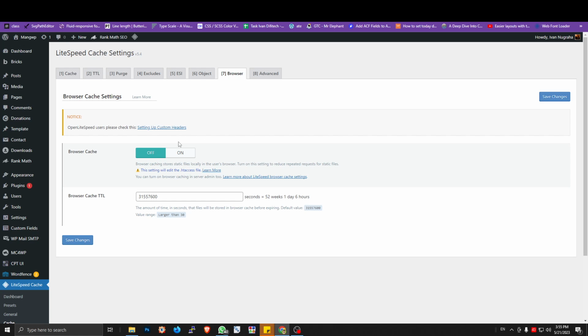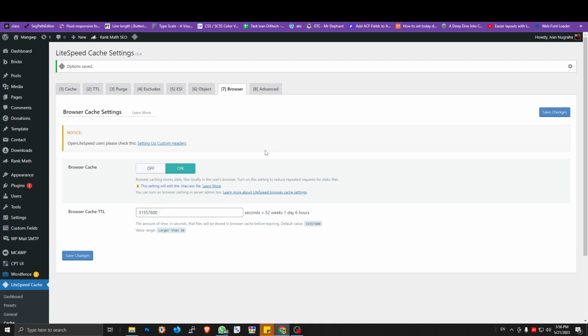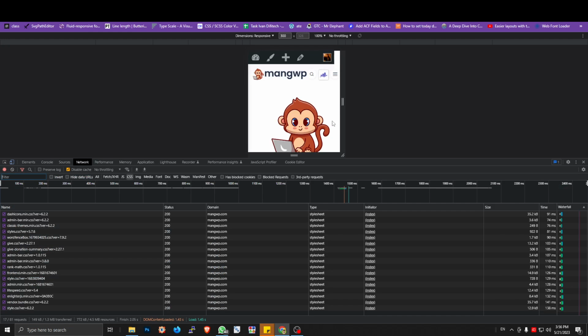So let me try something. I will set it on, and it says that this setting will edit the .htaccess file, and the duration of the browser cache will be, I think, 1 year. Let's save it. Okay, is it working or not? Let's try to open my